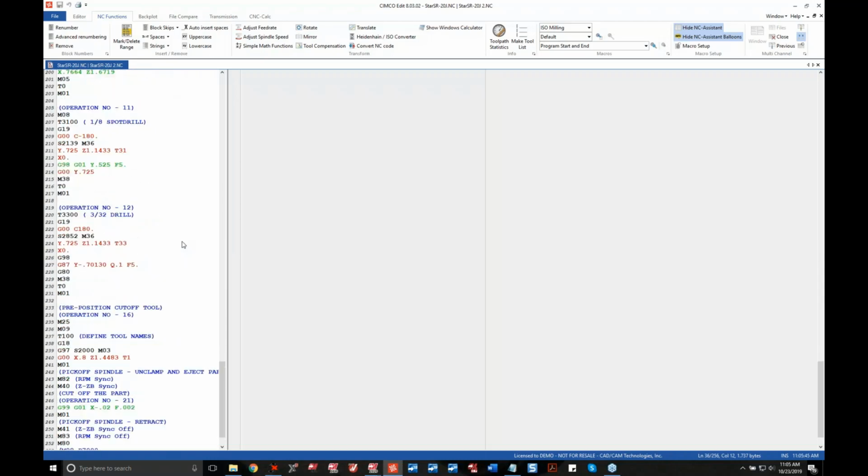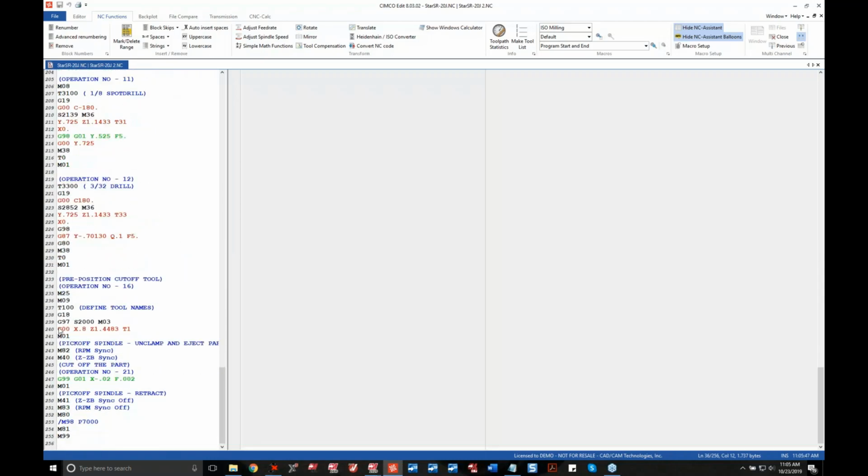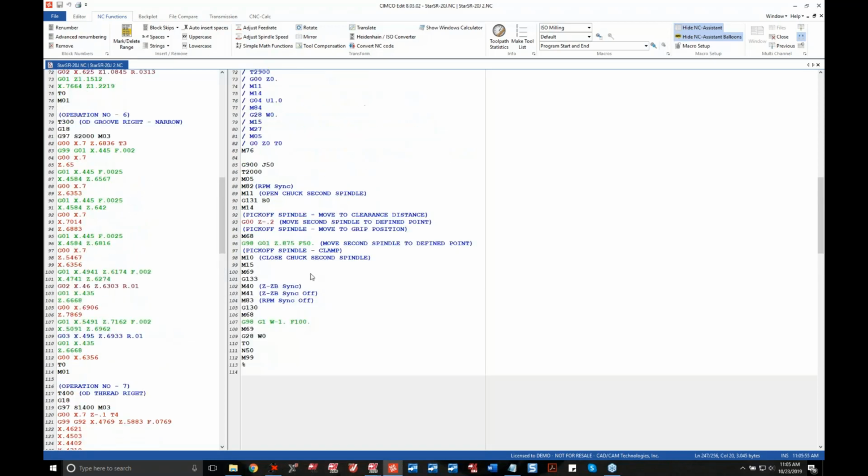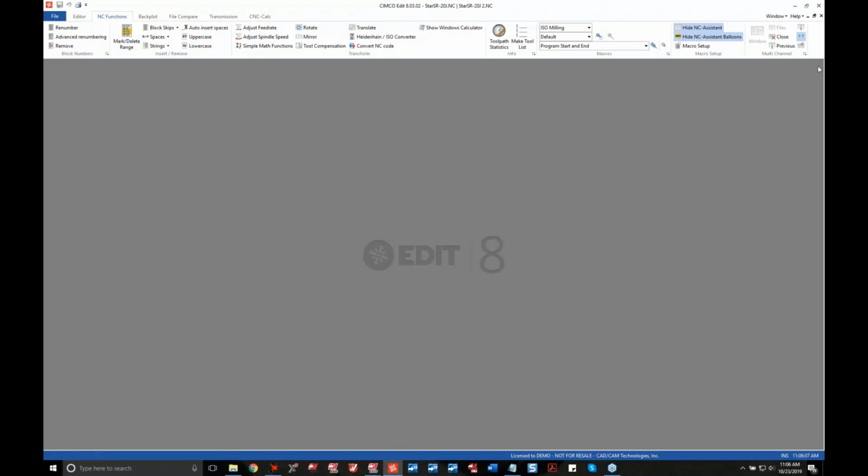So the other thing is there's a lot in the cutoff routine that's automatically put in for you right here. A lot of the syncing, RPM syncing, spindle syncing, Z syncing, things like that are taken care of for you automatically in there. So very nice option in there, very good code on this. So I'll bring in a little better program to view the